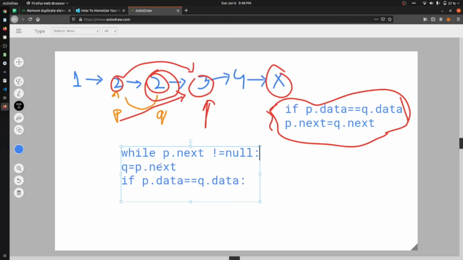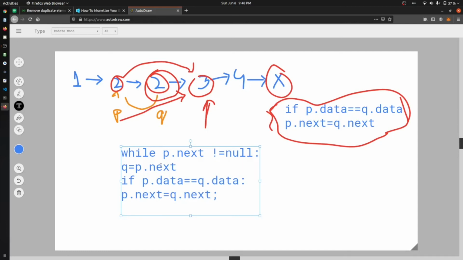We can just print element repeated, or we don't even want to print that, we can directly say that p.next is equal to q.next. Okay, after that we will just do nothing.